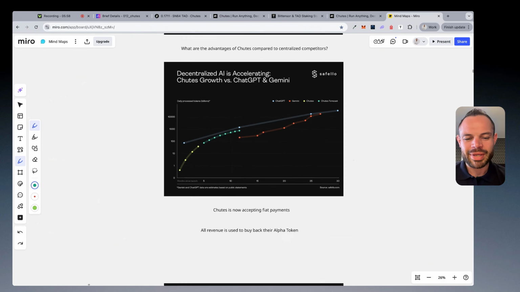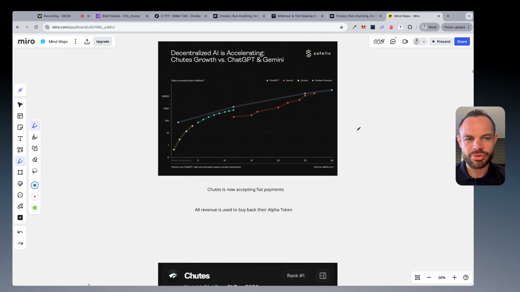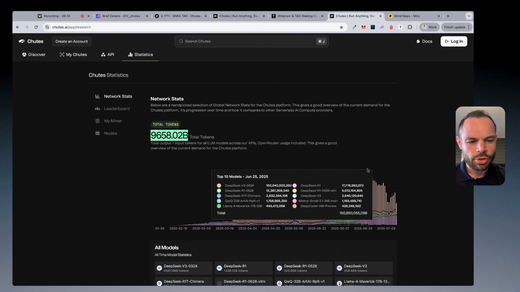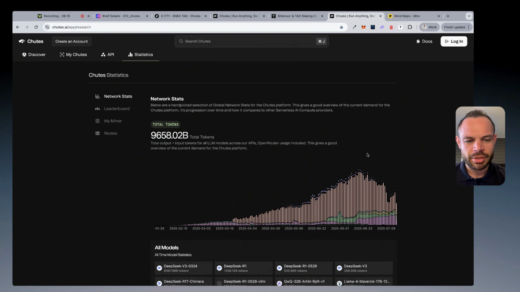So Chutes is now accepting fiat payments. They used to have a free tier to set up and run different serverless models, but they are now having a minimum, I think it's a $5 initiation fee, to get set up and running some of those models. I can't be certain, but I think that is contributing a little bit to this short-term pullback in the amount of input output on the token daily basis, but we should see that ticking back up again. As you can see here, the past few days, we've started to see that ticking back up. And I think there's nothing that will stop the decentralized AI serverless compute train when it comes to it being so much more cost effective.